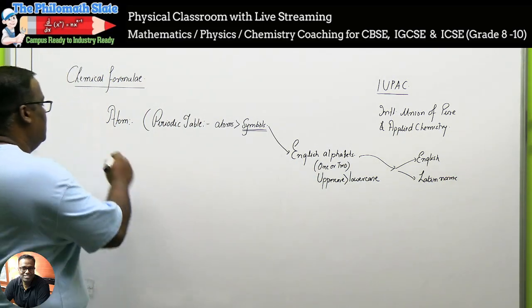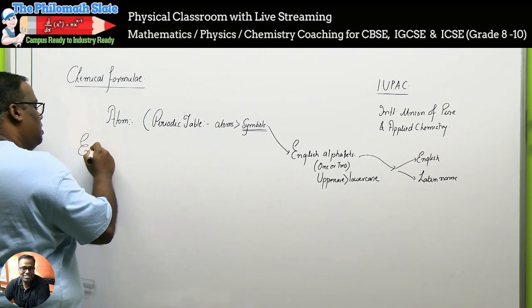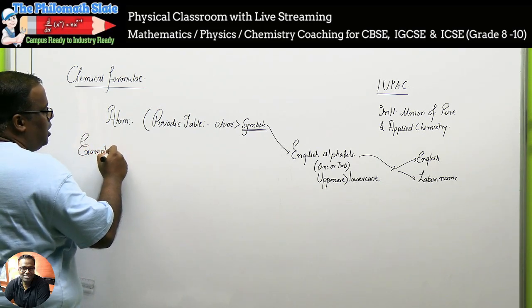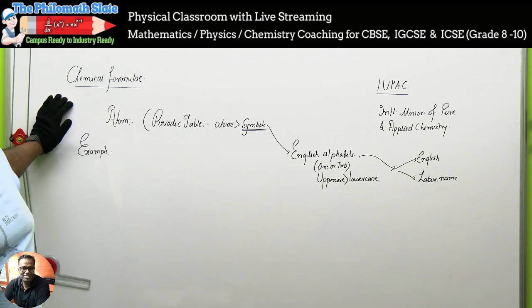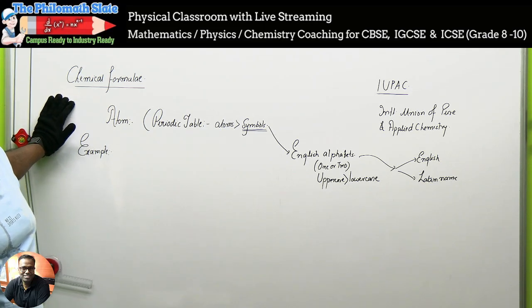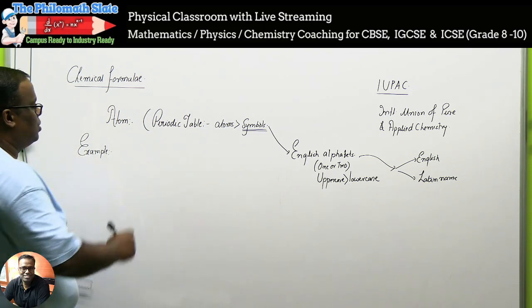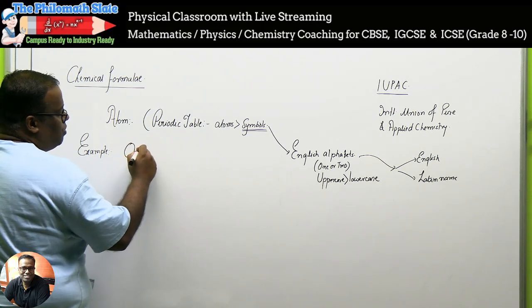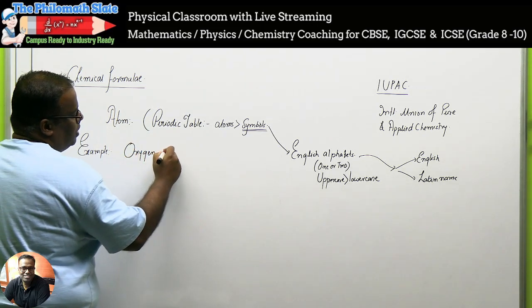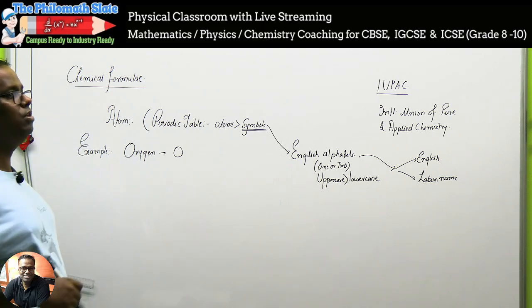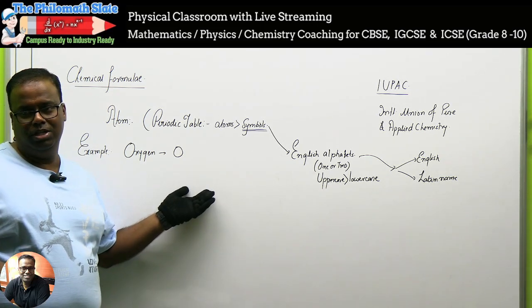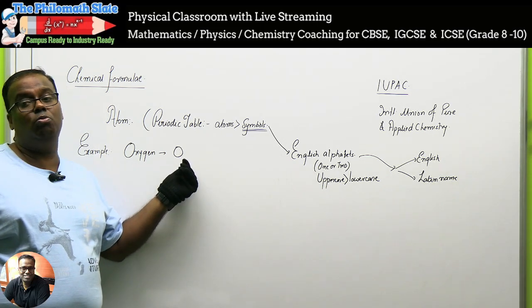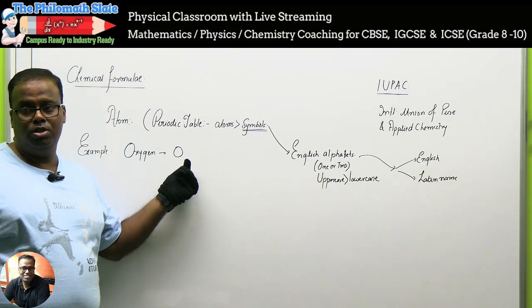Molecules baad mein karenge. Let's take some examples. Now, how these names came about is basically in the order that they were discovered. Like oxygen was discovered long back. So when oxygen got discovered, oxygen was straight away allotted the symbol O. But after oxygen, we got some more elements also. They can no more be represented by O. So how are they represented?